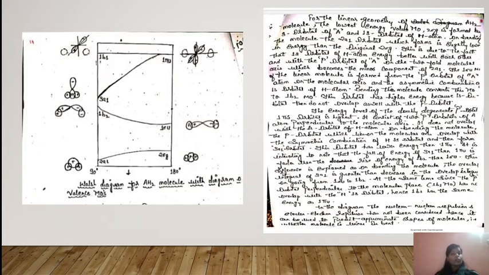Now it is a linear molecule, meaning 180 degrees. Now bending this molecule to 90 degrees, a large amount of energy is needed, denoted by this line, and then this bent molecule is formed, which is denoted by 1b2. On further excitation, there are two doubly degenerate p orbitals perpendicular to the molecular axis, which in the linear molecule do not overlap with the two 1s orbitals of the hydrogen atoms.